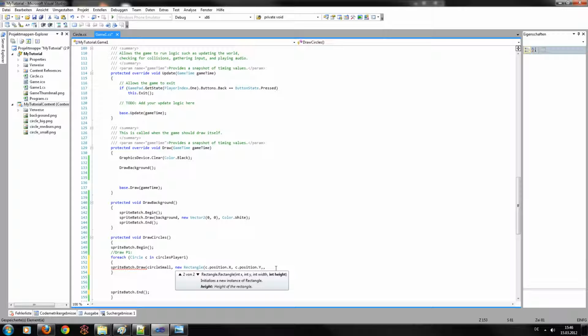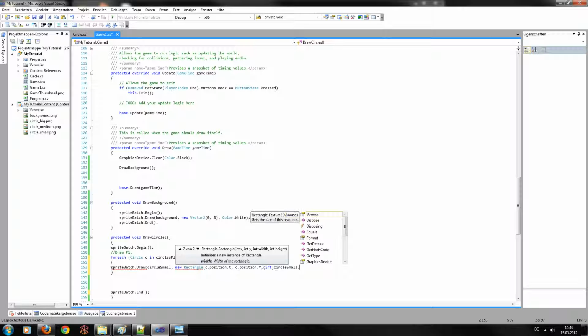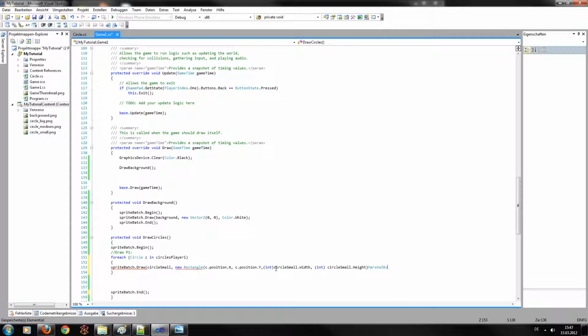So what we are using is to convert it to an int and say circleSmall.Width and int as circleSmall.Height. Okay. Does that work? No, it doesn't, probably because these are not integers, but floats, and rectangles are built up on integers. Okay, that works. So we got our destination rectangle now, and now we need the source rectangle, and the source